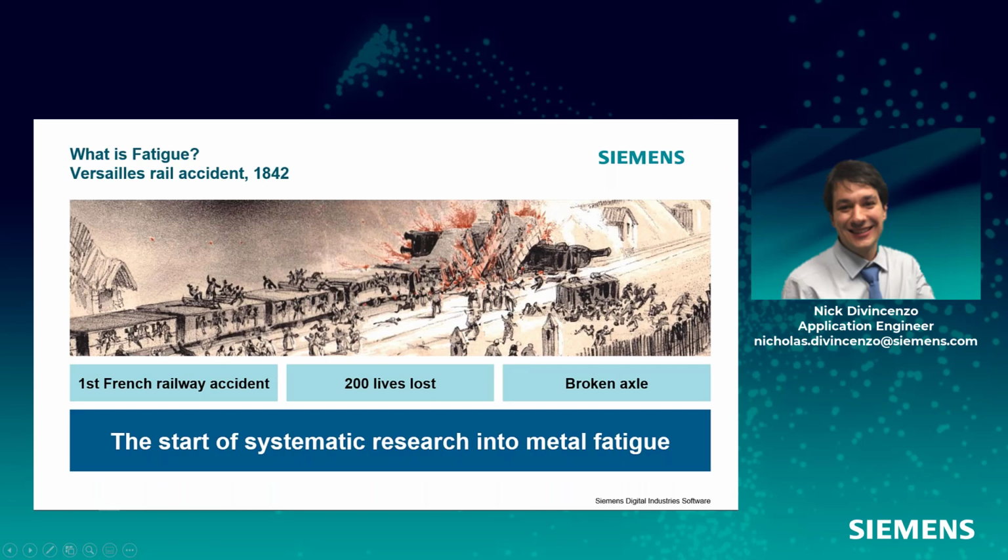We'll go into a little more background just on the history of fatigue. Fatigue failures weren't really analyzed or considered until an enormous railway accident in France in 1842. There was a massive train derailment caused by a broken axle on the train that killed over 200 people. And as a result of this accident, several different prominent engineers and mathematicians set out to determine what the root cause of the failure was.